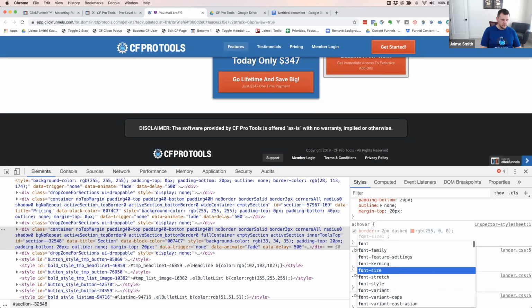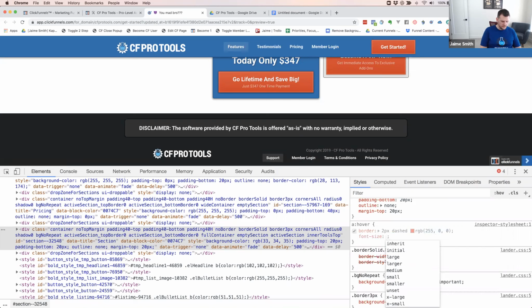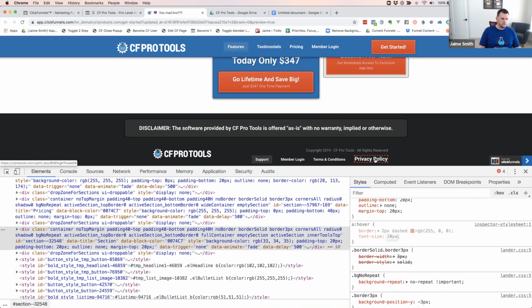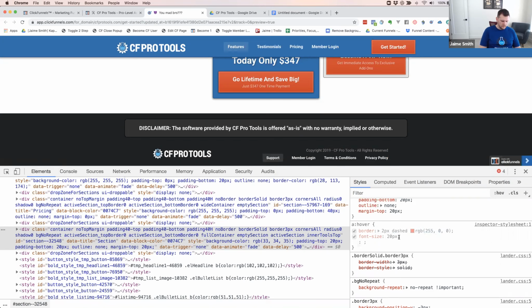And let's just blow this font size up here. Let's make the font size 20 pixels. That's only going to apply when it's on hover. So we'll see that here. We can go in, and as we hover over these, the font size gets way bigger. We've got a border. We can even probably apply some padding. So we'll do padding of 5 pixels. So now as we hover over,